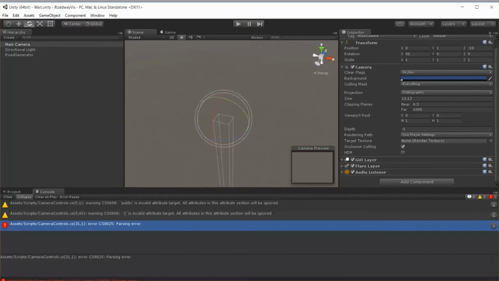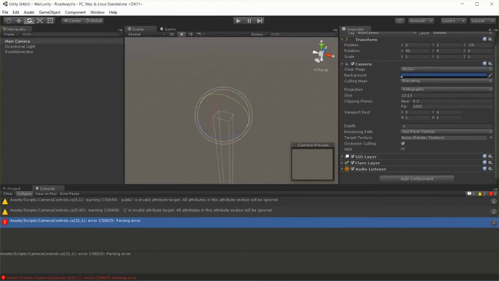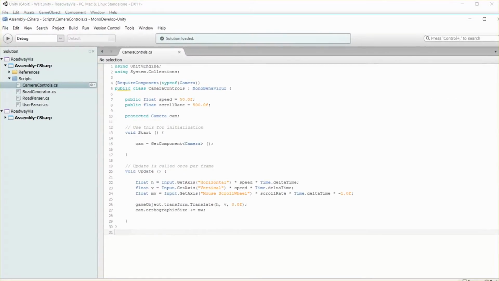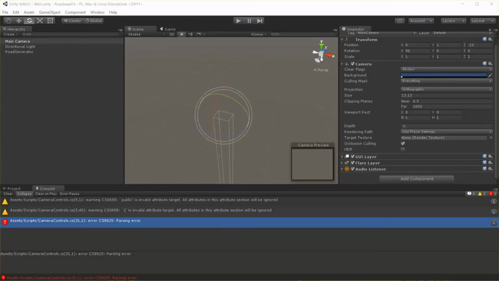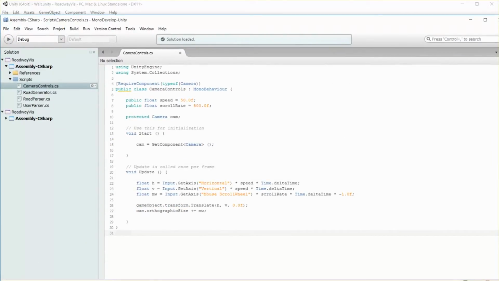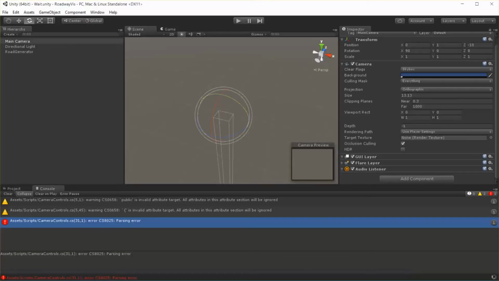But before I can get to that point, I need to check an error in my script. So I probably just left something someplace. So let's see really quick where my error is. Parsing error on line 31. Line 31, right there. So here's my error: my required component missed the end bracket, which is also why my IntelliSense wasn't working properly. Come back down in here, hit run,